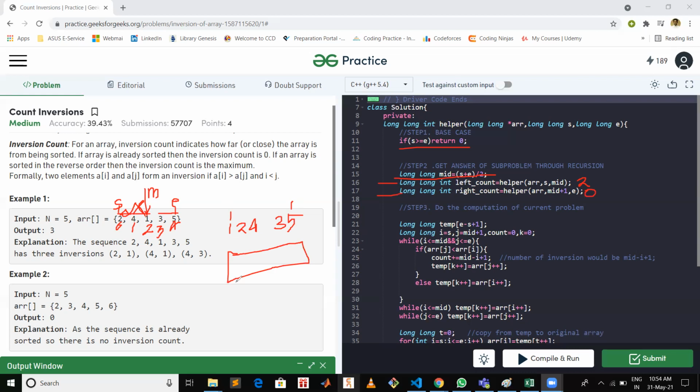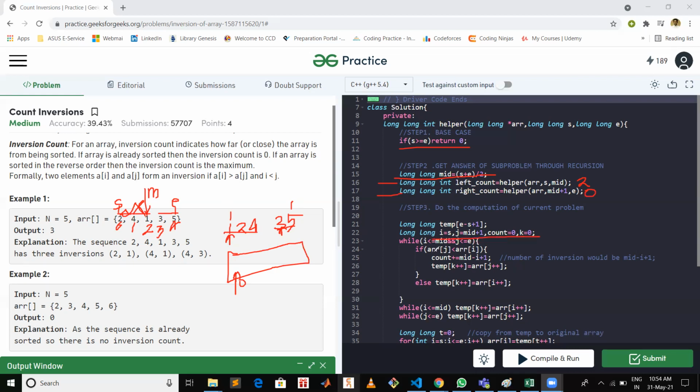So right now our k is pointing to this 0 index. Our i is pointing to the starting index, which is 0 here. i will move till 4, and j is at mid plus 1. All right, as you can see here, and our count is 0.